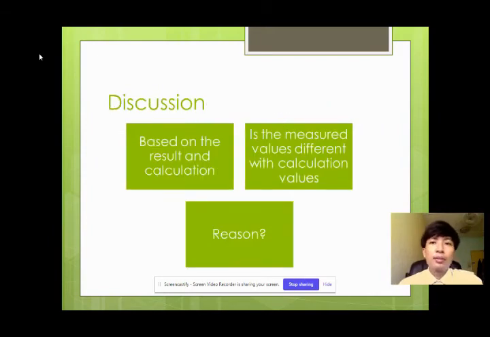So for the discussion part, based on the result and conclusion. From the result that we get, it shows that the line current, which is IAA, IBB, and also ICC, from the calculated value of the line current obtained from the measured value of line current from PCM, the measured value of the line current are slightly different as compared to the calculated value of line current. So is the measured value different from the calculated value? Yes. And the reason why it is different is because